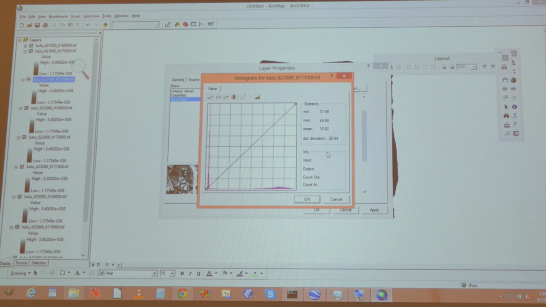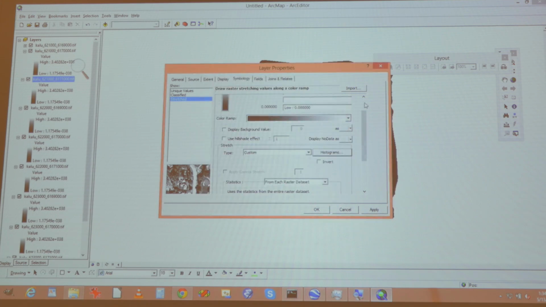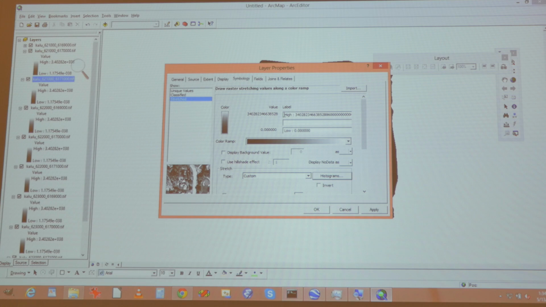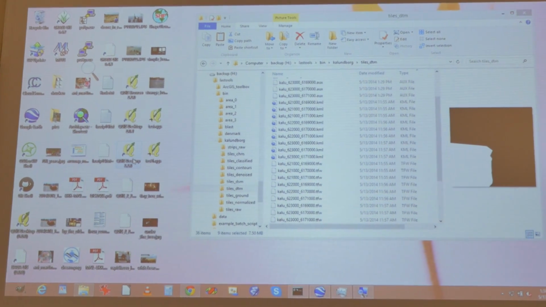Then I look at the histogram, and I see they're going from 37 to 49. So now I know 35 to 55. That's what I want, roughly, for all data sets. Can I now not say it here? 55 and then 35 and say OK? No. I want the